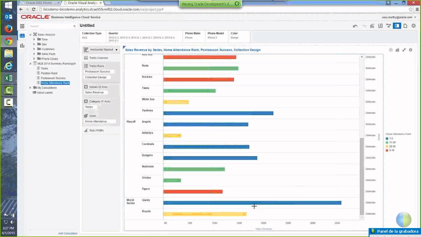It might be a good place for me to focus on that strategy. So I think that's what I'll do. I'll just look at these two teams that were in the World Series. That really does focus my